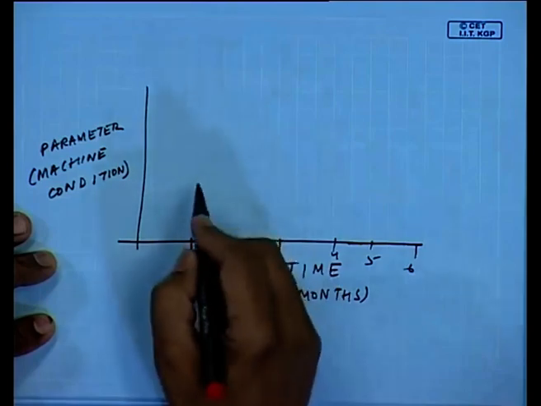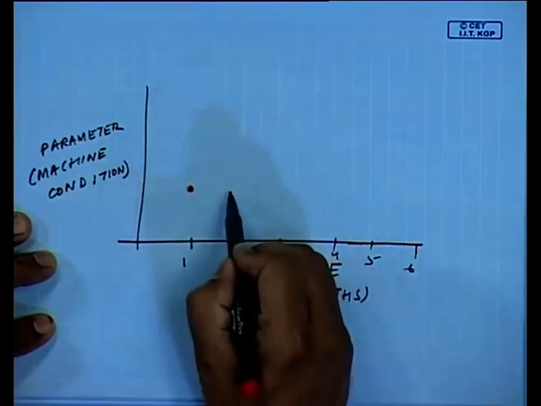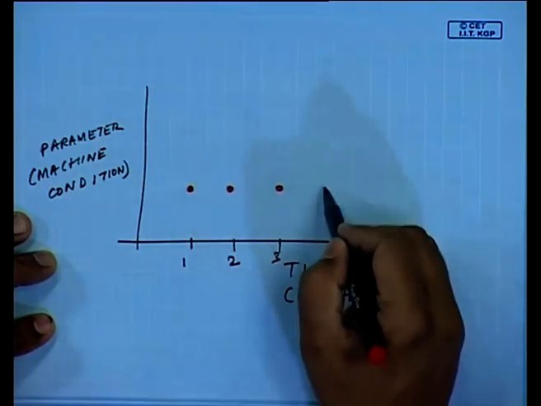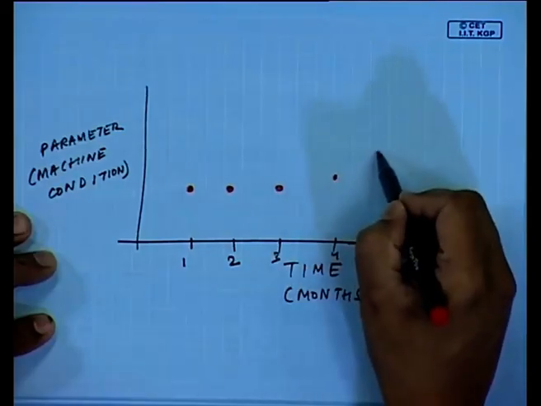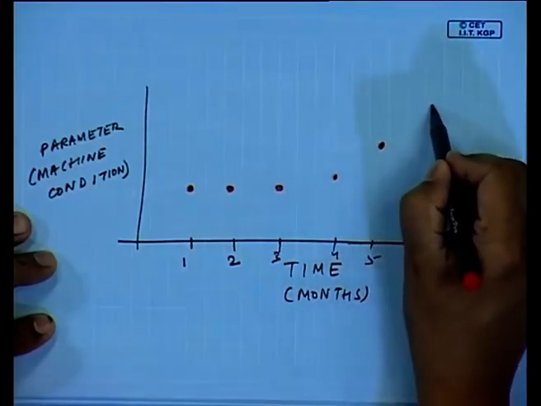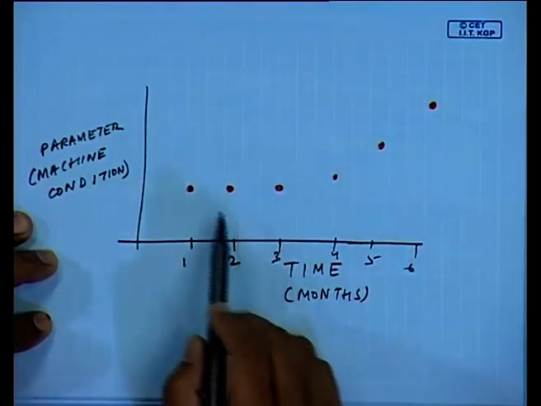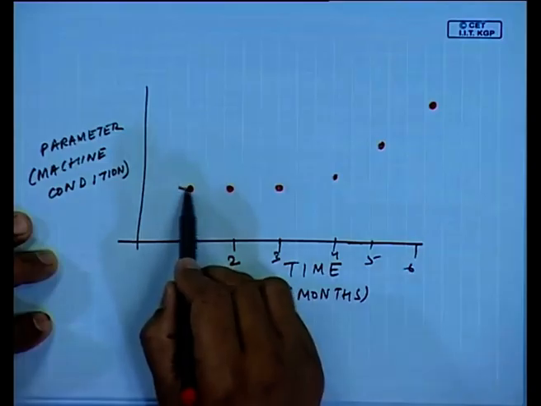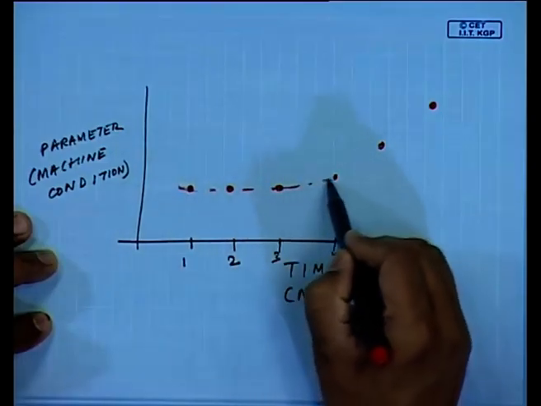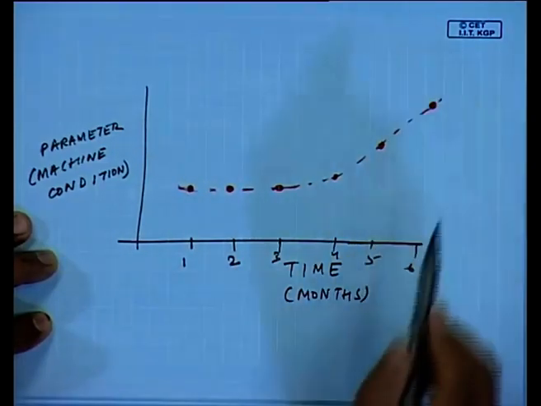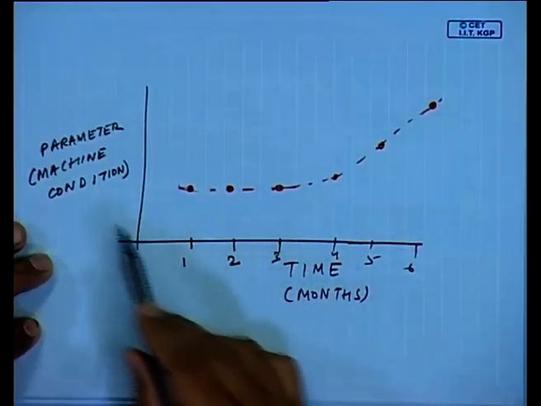I have measured. So, here this is the parameter, second month, and slowly I see this is happening. Okay. So, if I was trying to do a trending of the machine's